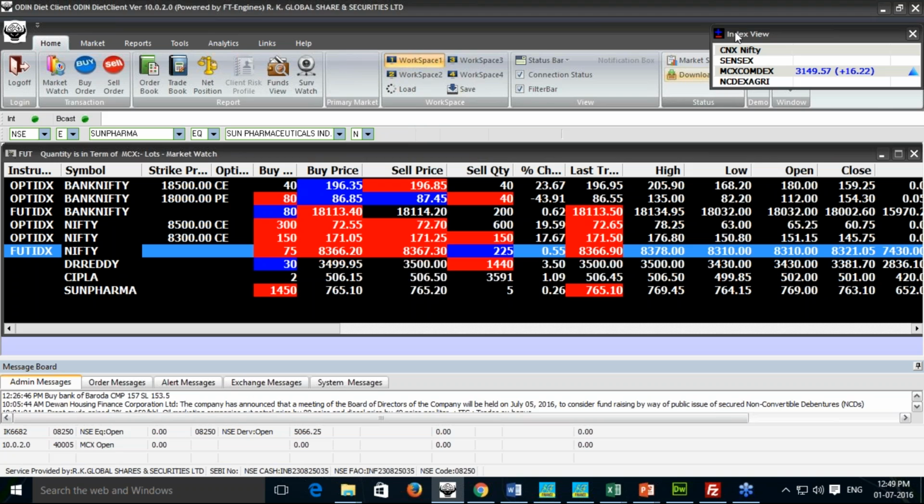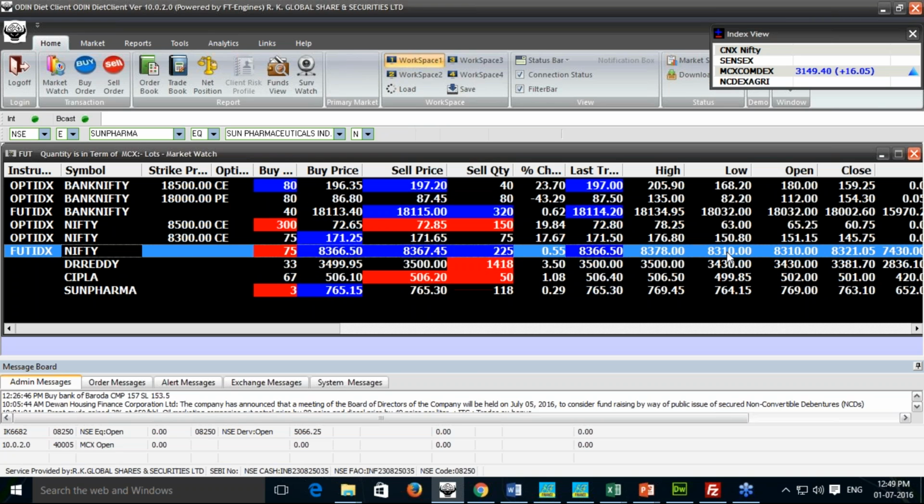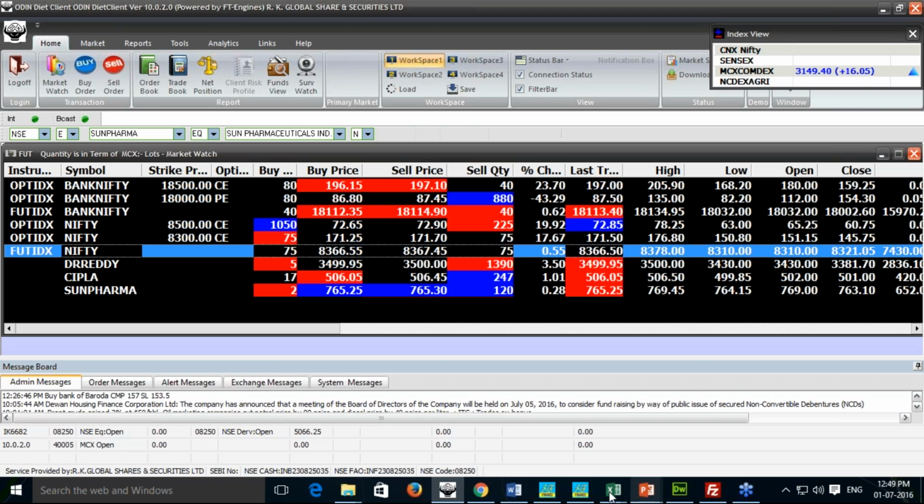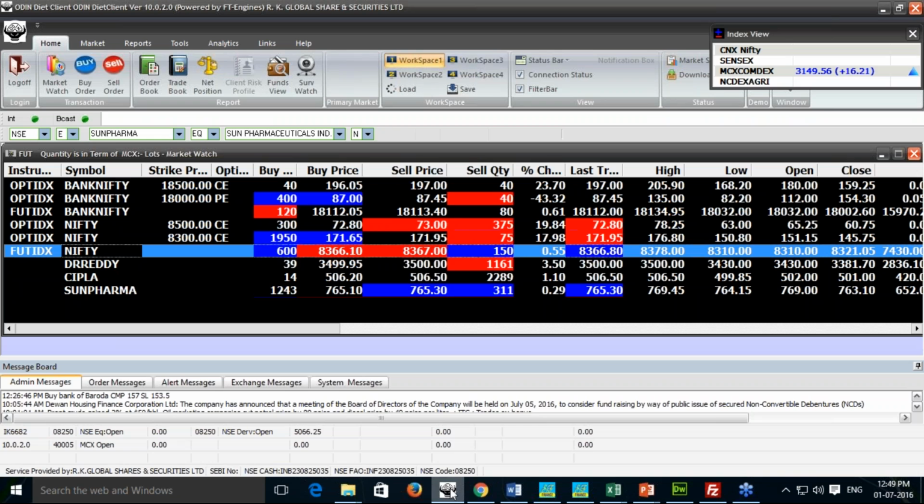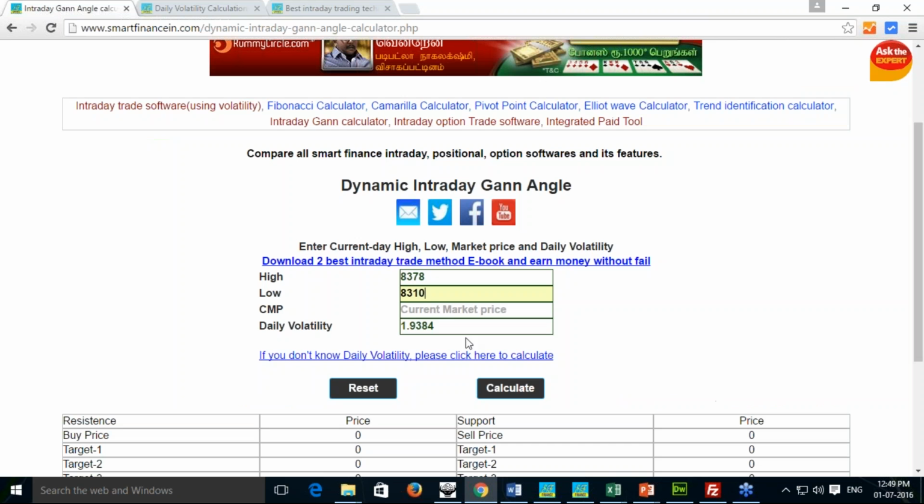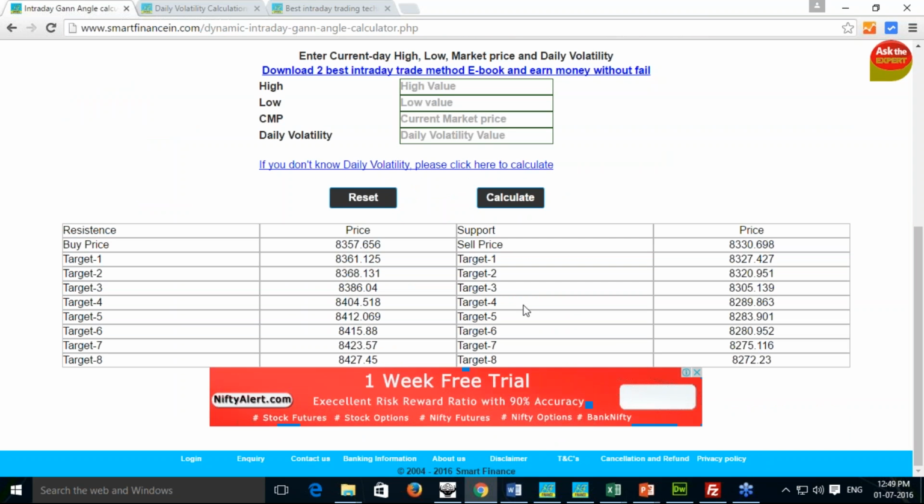What is the value it is trading at? So day's high is 8378, low is 8310. I'm just going to feed the same thing here, 8378, and 8310, and currently my Nifty is trading at 8366. So 8366 currently. Once I give these inputs and hit the calculate button, I'll get the calculations